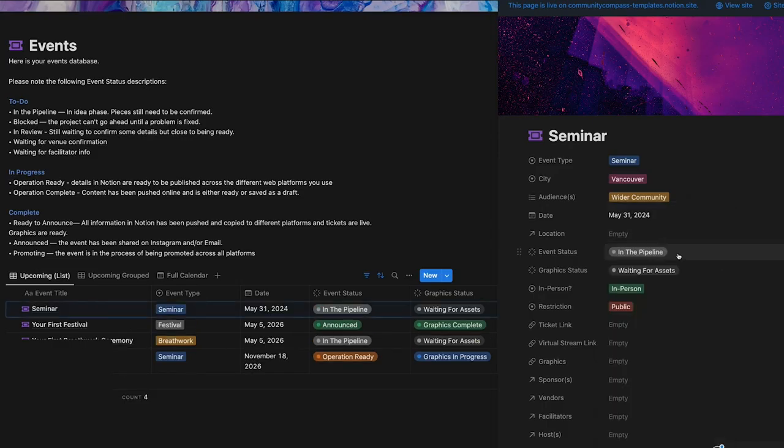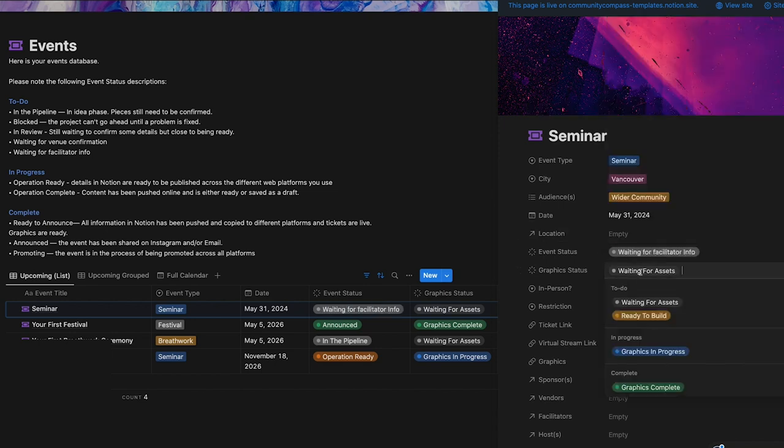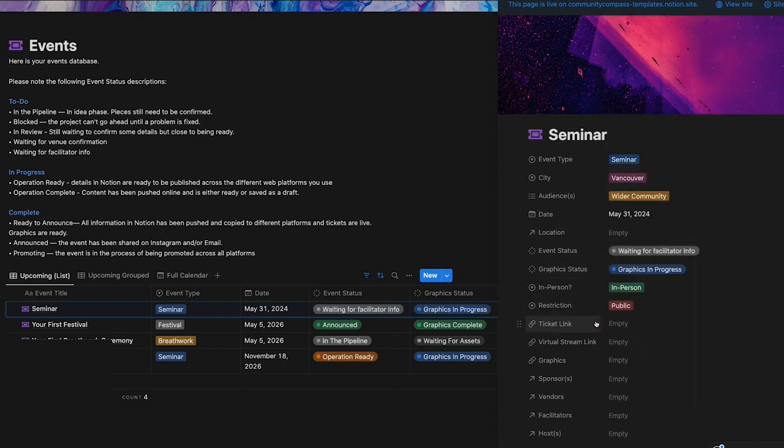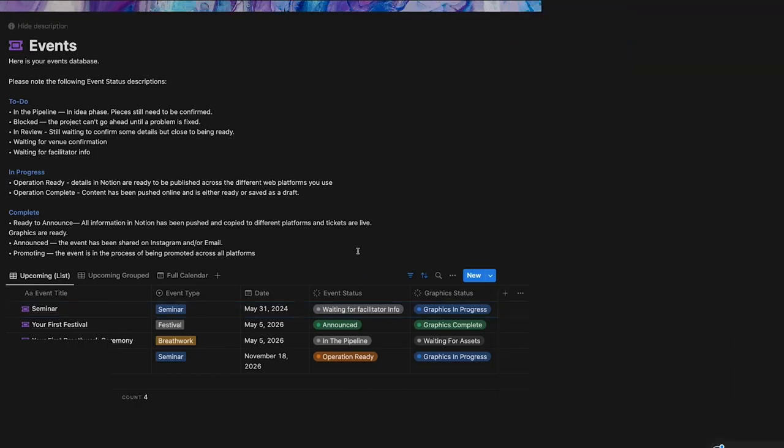And then let's change the status to, let's say that we're waiting for facilitator info and the graphics are in progress. So there's lots of other information, again, that you could add here about this event, but let's just keep it simple for now. So one thing that I want to bring your attention to is the fact that in Notion,